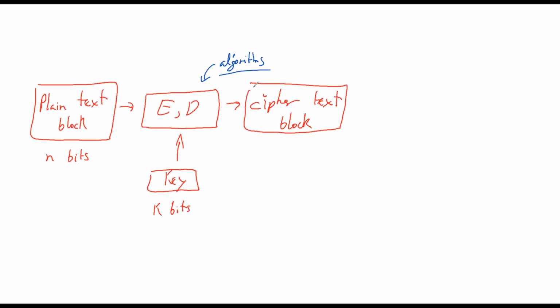Okay, so the key thing is this is n bits, and this is also n bits. Now the classic example of the algorithms, I'm going to mark it in blue now. So I'm talking about the algorithms, the classic examples